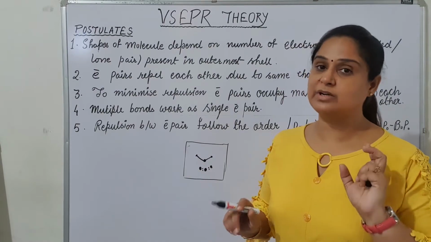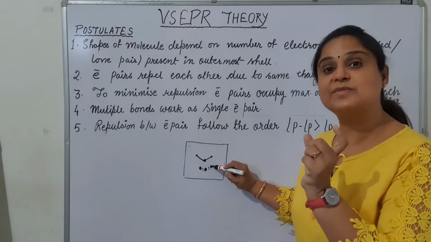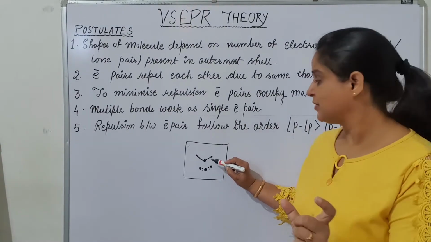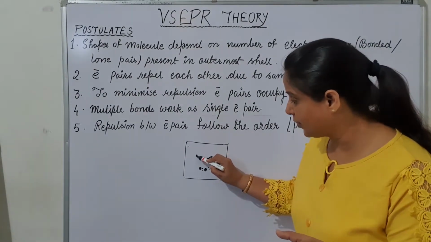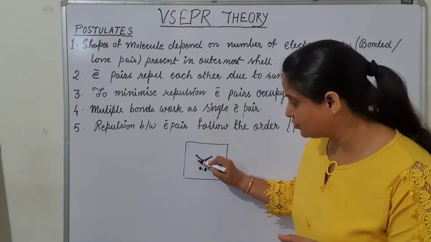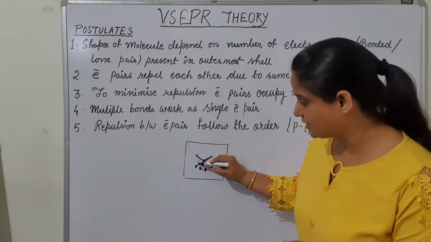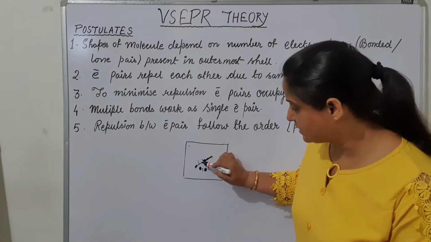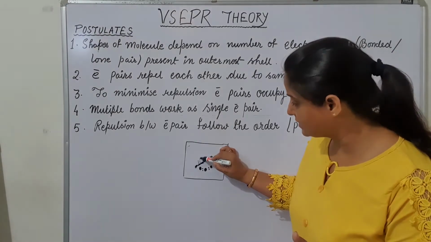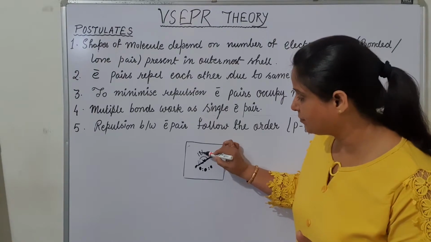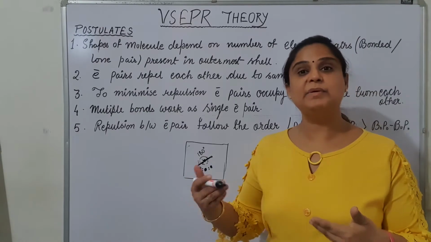The distance they cannot cover just because of this atom and this atom. The bond length cannot be changed because this is the minimum distance at the time of bonding. So this distance cannot be changed. What else could be done? This bond can be shifted to another side to maintain an angle. Suppose this is now shifting itself this side so that the distance is not changing because this is a bond length. Bond length cannot be changed, but this distance can be maintained by maintaining a particular angle so that neither from this side nor from this side they will repel each other.